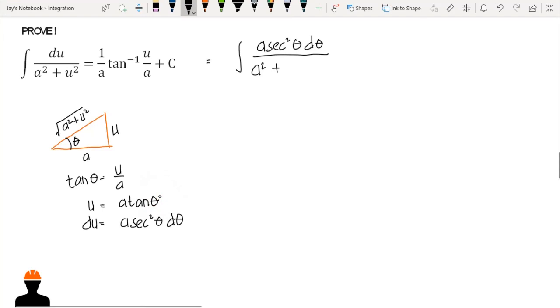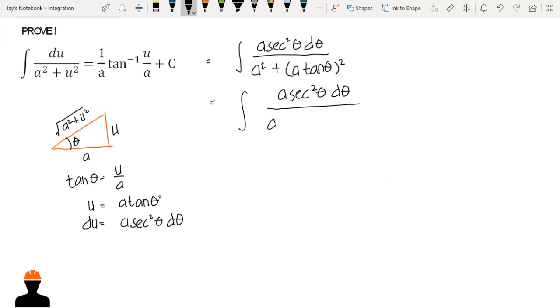Take note of the squared sign, that is a tangent of theta squared. By further evaluating this function, we have a secant squared theta d theta over a squared plus a squared